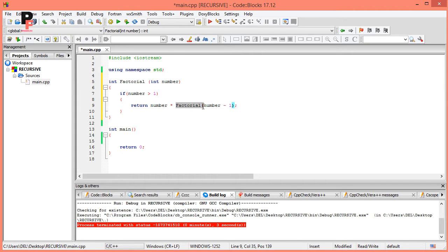Factorial function is calling itself, but the next time the number passed to the parameter would be less than the previous one. For example, if user enters 5, then the next time the number passed to the parameter would be 5